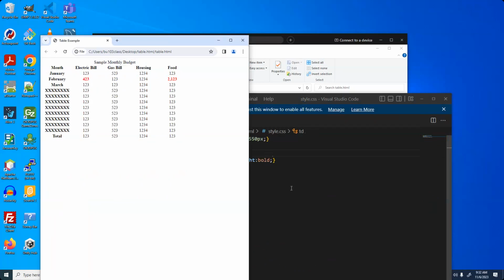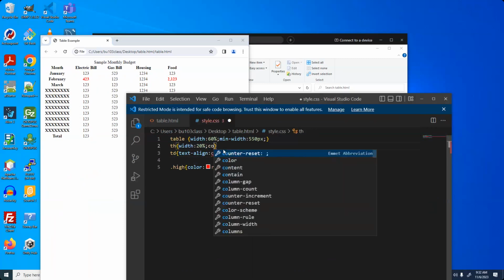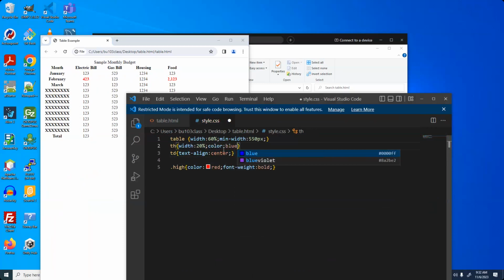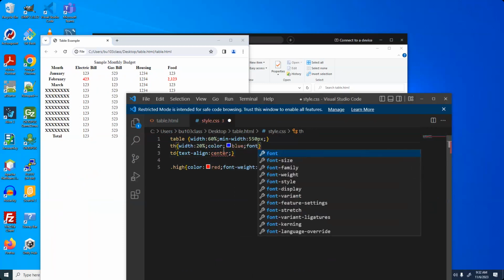Other things that we can do style-wise. I just had one on the tip of my tongue and I can't think of it. Oh, what if we don't want that to be bold, but instead we want it to be another color? Well, again, we can override that. I could say TH color blue. Weight